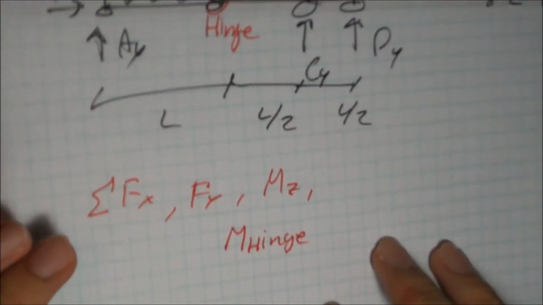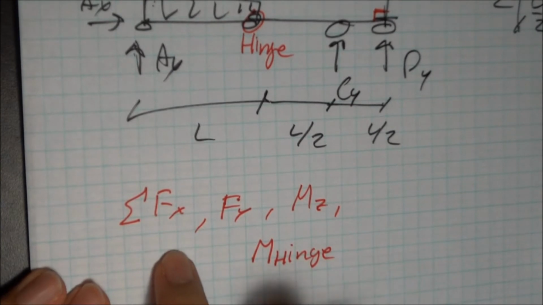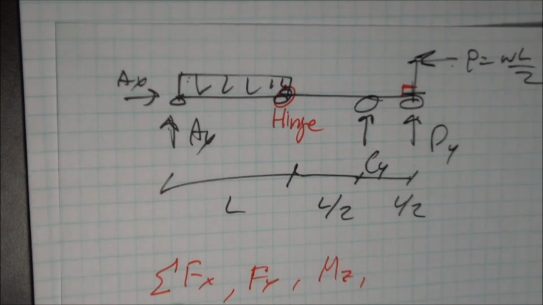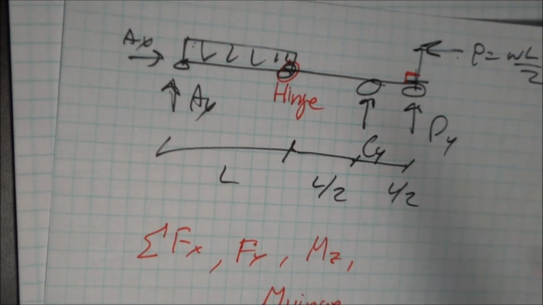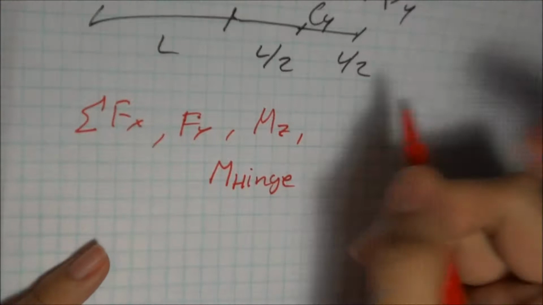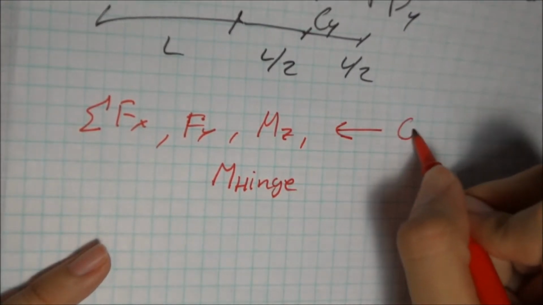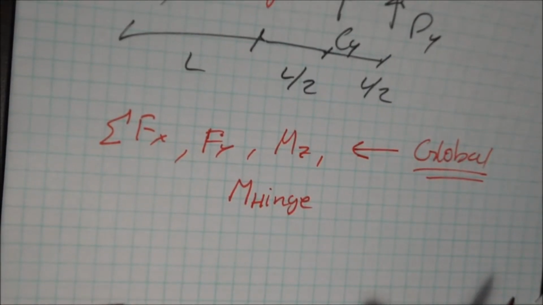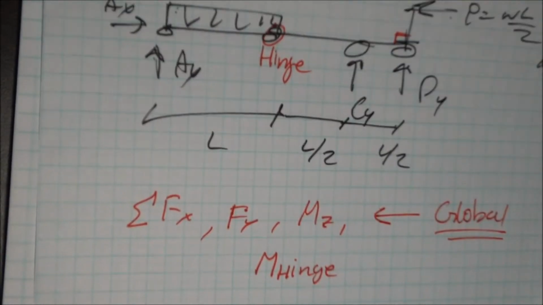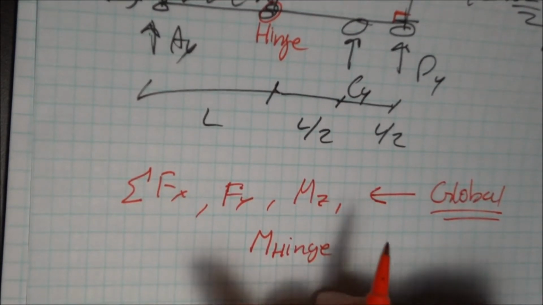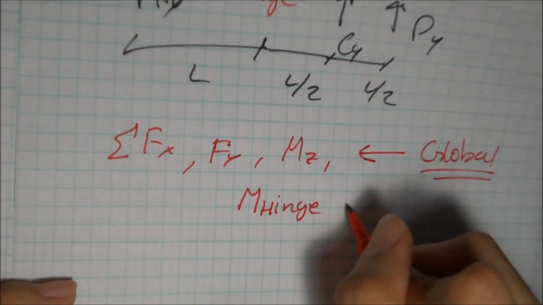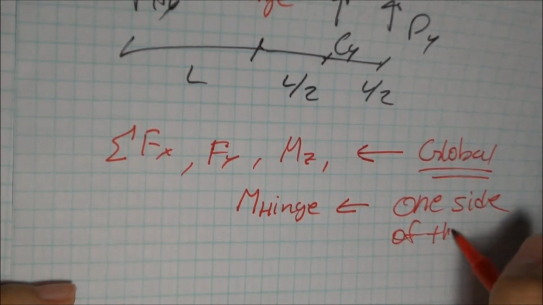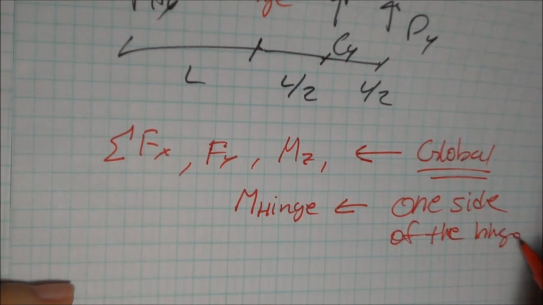I'll explain what that means later on, but in this problem, it's usually easiest if we start with Fx, because usually most of our forces are in the y direction. We can get Fx very easily. Remember that when we're doing these three equations, these are what we call global equations. That means that we have to look at every force and every reaction when we're trying to use these equations. This moment about the hinge is a special equation. We only need to look at one side of the hinge. In this case, I think it'll be easiest if we look at the left side of the hinge,